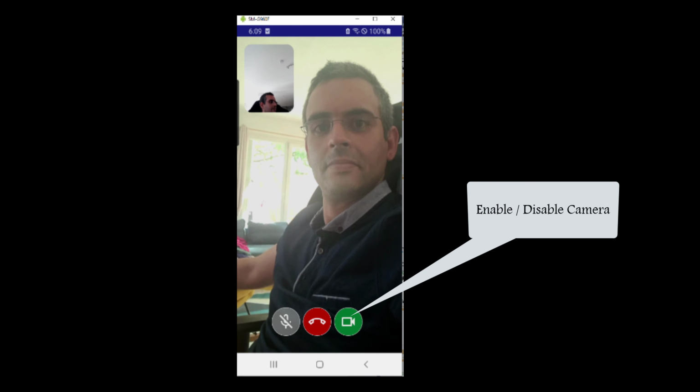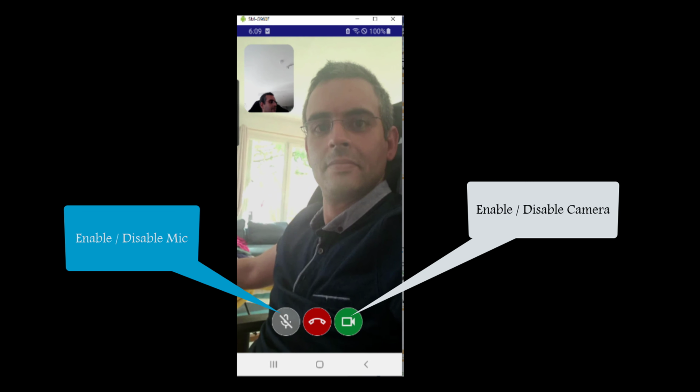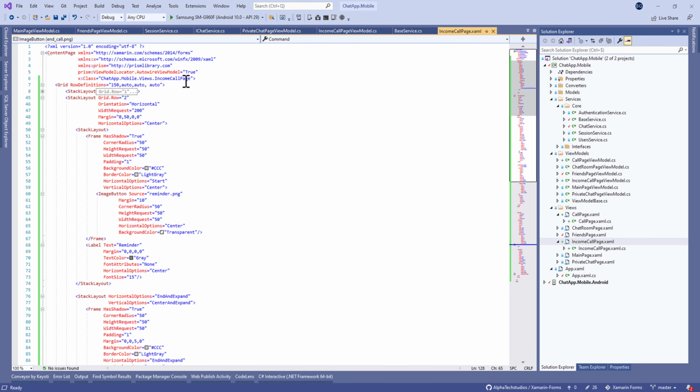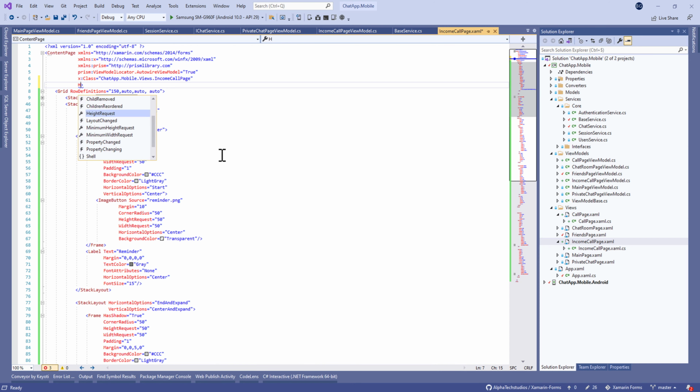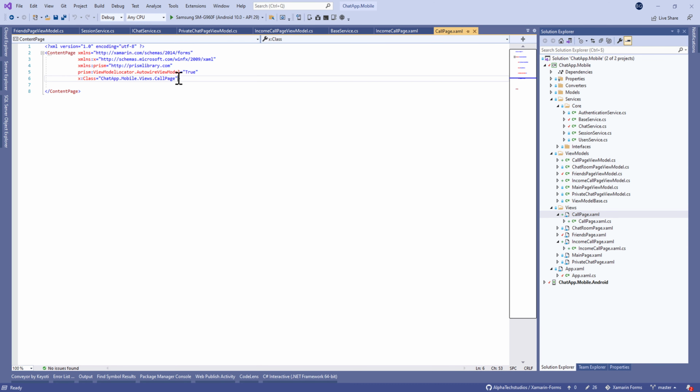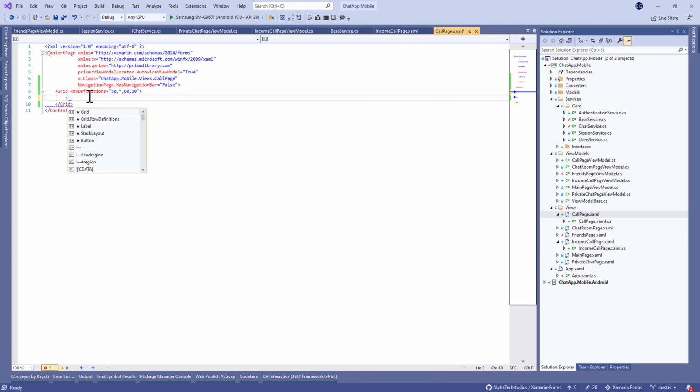It will be something like this, and we need to define three buttons. One for end call, and two others to toggle or not the camera and the mic. Before that, we need to just delete the has navigation and set the NavigationPage.HasNavigationBar to false in order to delete the top bar of the incoming page view and